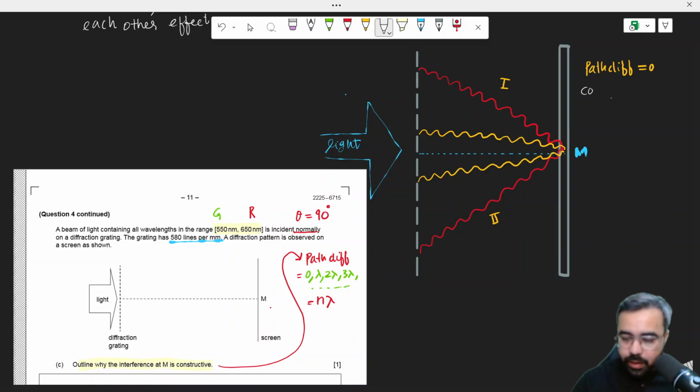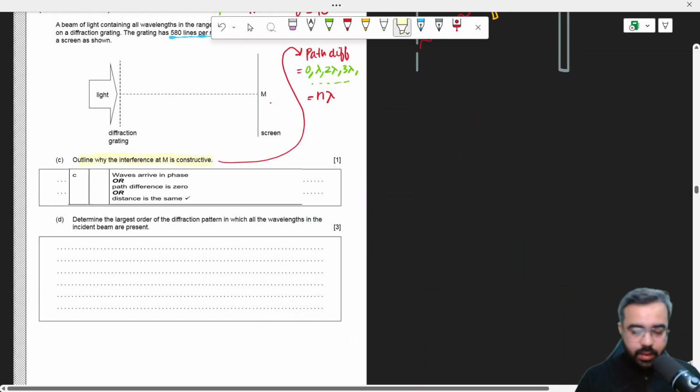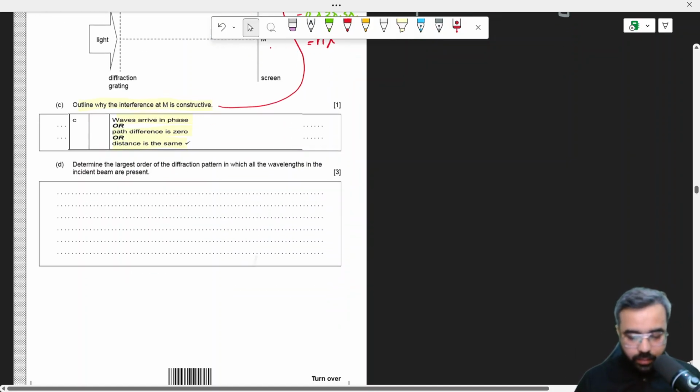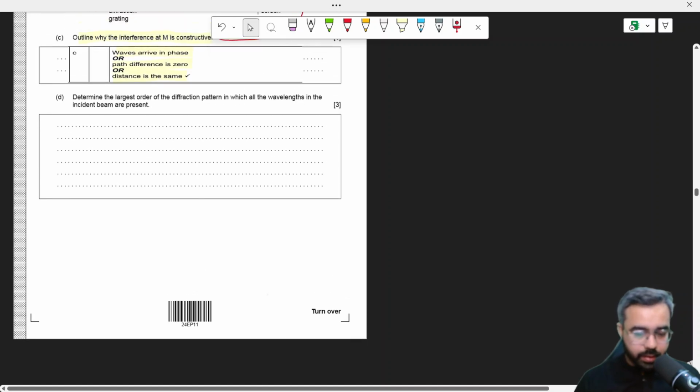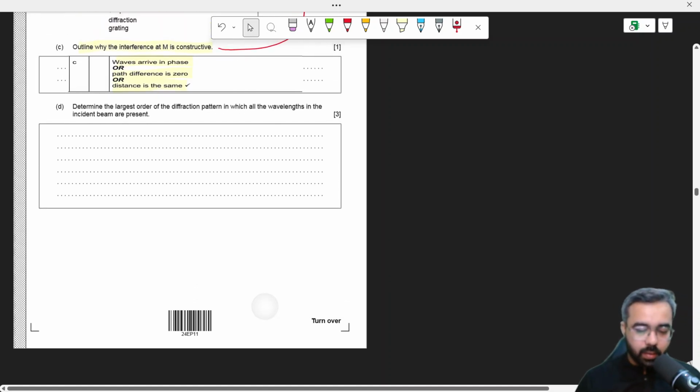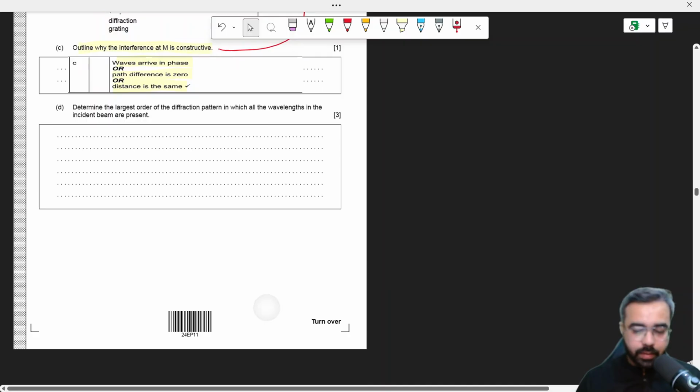So that's why there is always constructive interference. You can see the waves arrive in phase and the path difference is 0. And why is the path difference 0? Because the distance traveled by the two waves is the same. Now the next question, which is the last question, is: